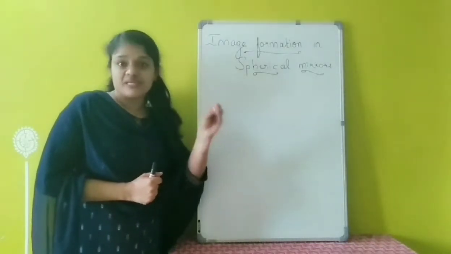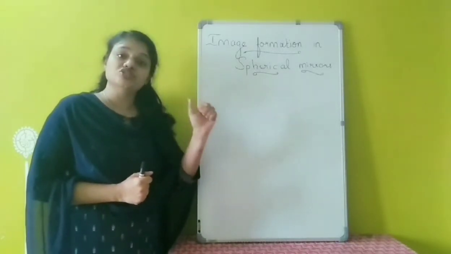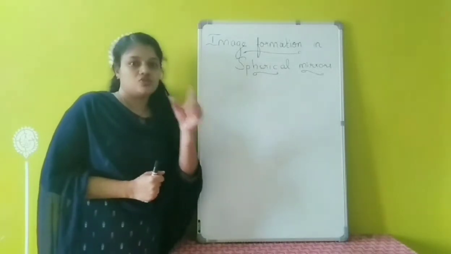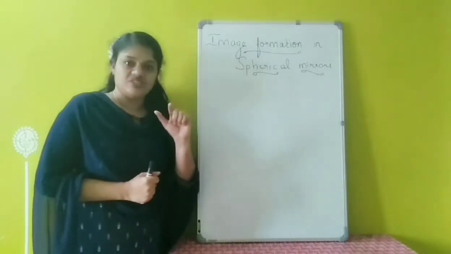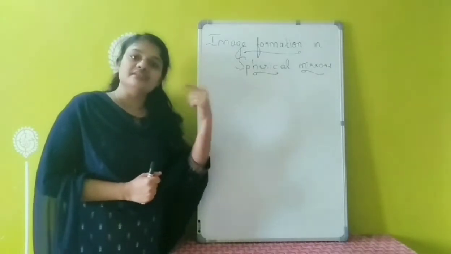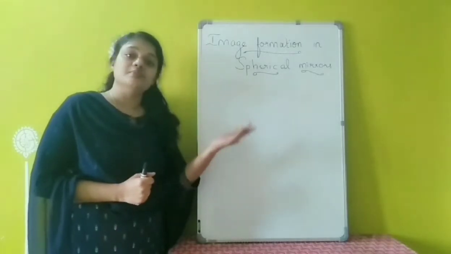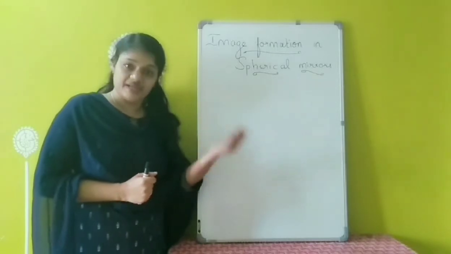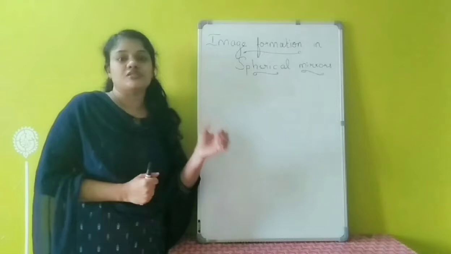The size of the image as well as the nature of the image depends on the position of the object. That means at which place we are placing the object. So it depends on the location of the object, and based on that, the nature of the image will change. Sometimes the image may be real, sometimes virtual, and similarly the size will change. Sometimes the image may be diminished, sometimes enlarged, and all these things depend upon the position of